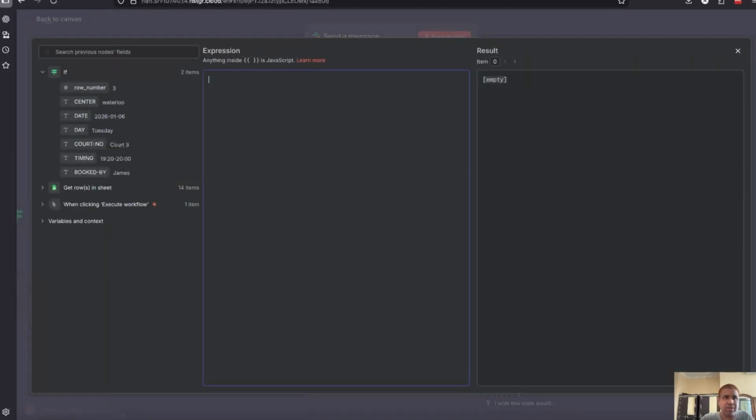As you know, we wanted the center, then date and day, quote number, timing, booked by whom. Okay, all these things we need dynamically. So just drag this. This is the beauty of n8n. You can drag this output here, put it here,